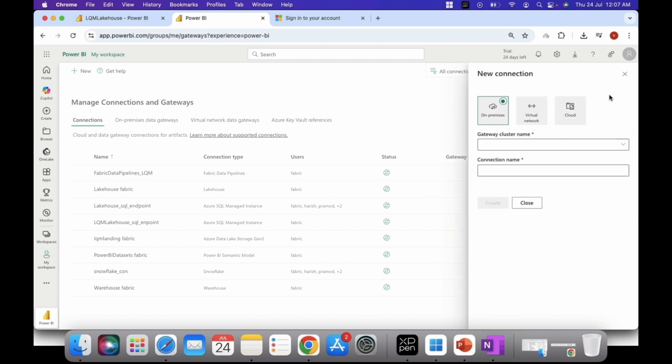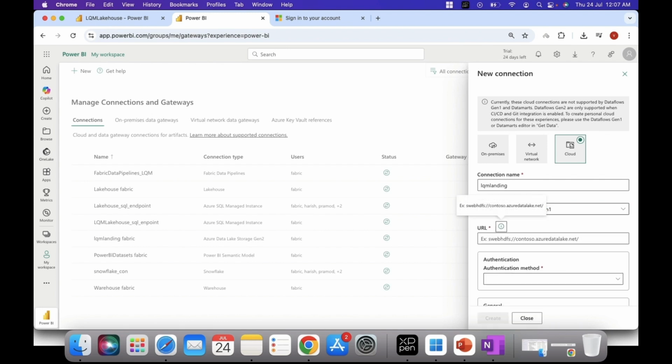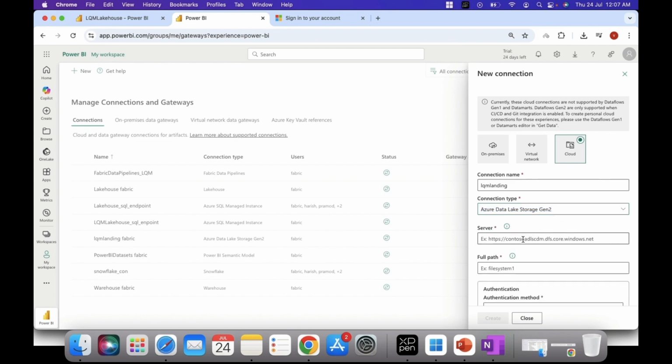So click on new and then cloud, and you can give a name to your connection. So I'll give LQM lending, and connection type it will be Azure Data Lake Storage Gen 2. And here we need to provide the server name. Here we will pass the